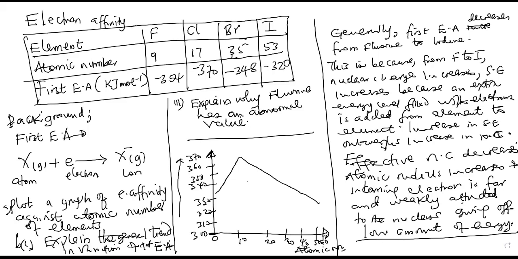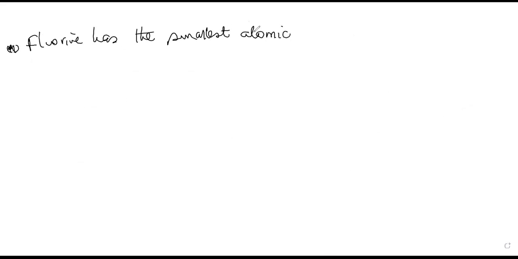Fluorine has the smallest atomic radius, comma, highest electron density,